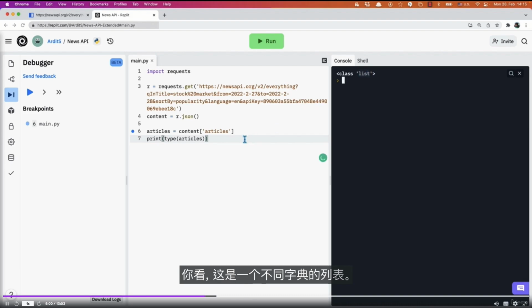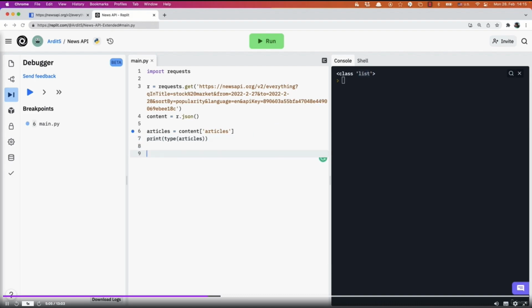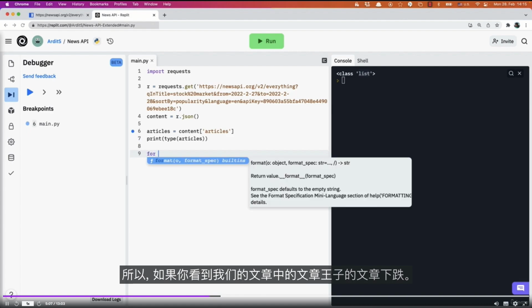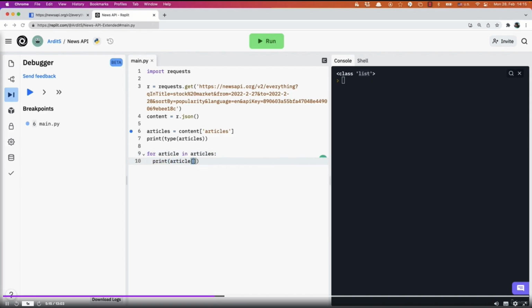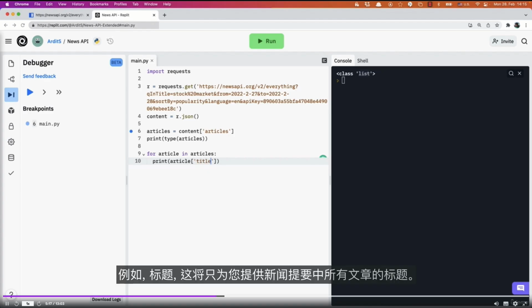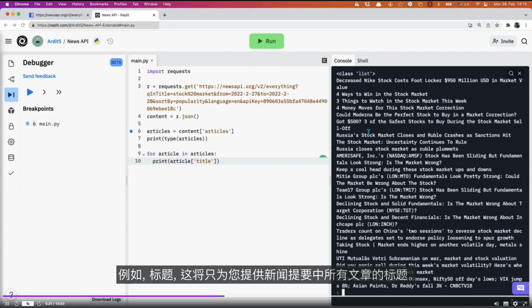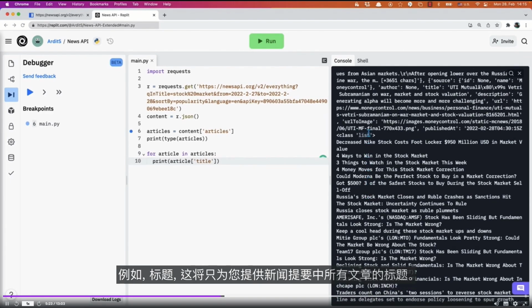You see, it's a list of different dictionaries. So if you say for article in articles, print article title, for example, that will give you only the titles for all the articles in the news feed.